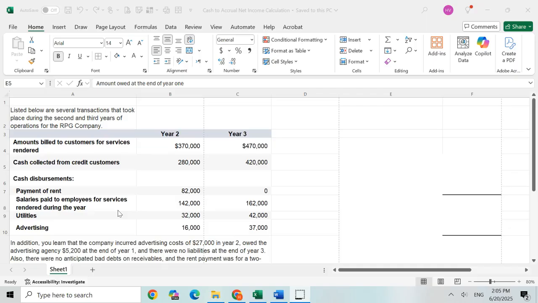Typically, only smaller companies use the cash basis method, such as a mom and pop store. However, for purposes of all your accounting classes and the CPA exam, we will be using the accrual basis unless otherwise noted. Just a quick recap, like the name states, the cash basis is based on cash movement. When you receive the cash, you record income, and when you pay the cash, you record an expense.